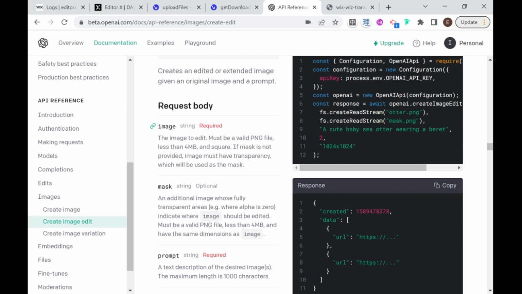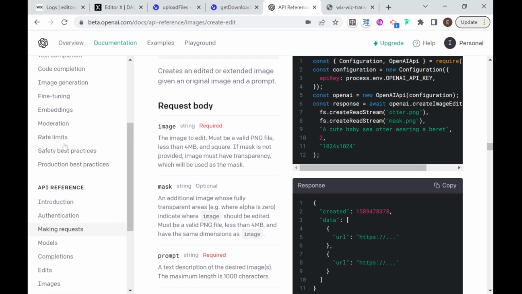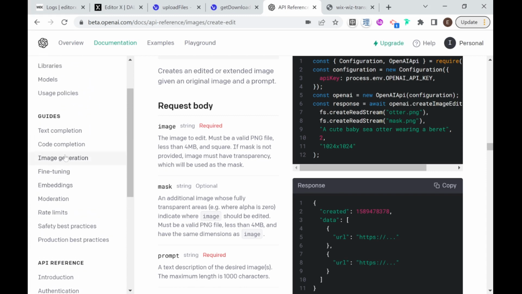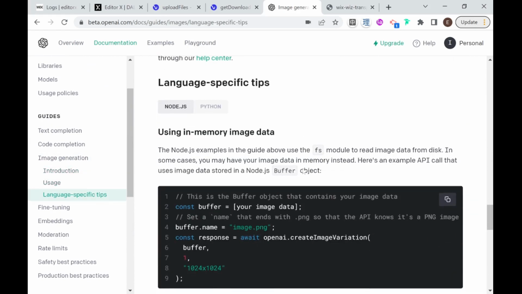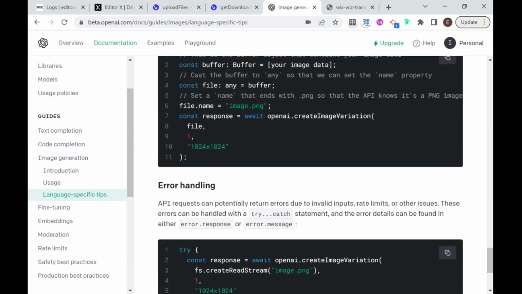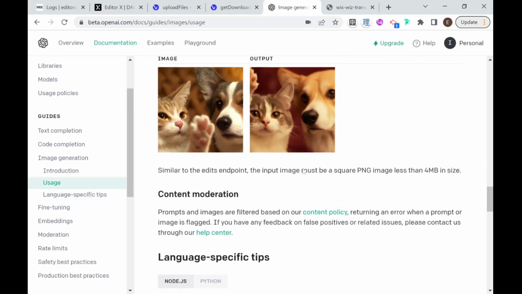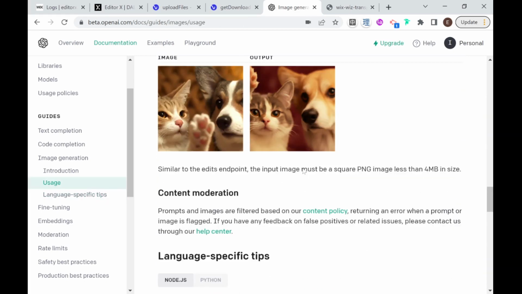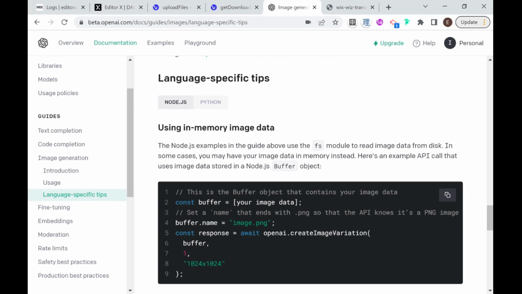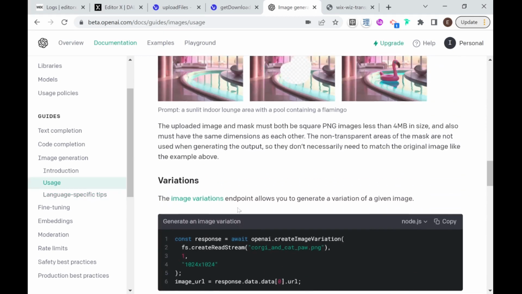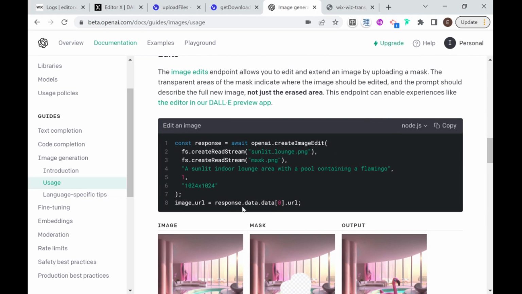And as I said, this will be a slight challenge, a slight level up from what we did in part 2. So in order to get started, let's head back to the guide, image generation. And we're actually going to be using a lot of the techniques that we used in the image variant part. So if you skipped over it, you might want to go back and check that out again. And basically, we're going to be using this language-specific stuff with the buffer. The only difference is that here we're going to need the ability to pass in 2 images. But to keep things rather simple, we're going to start off by just doing the version where we don't have